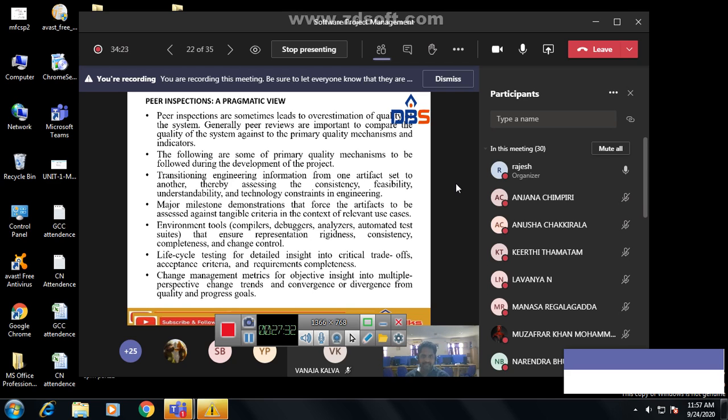the following are some primary quality mechanisms to be followed during the development of the project. Okay, so the first one: transitioning engineering information from one artifact set to another, thereby assessing the consistency, feasibility, understandability and technology constraints in engineering. So transition of information from one artifact to another is the main thing. Okay,